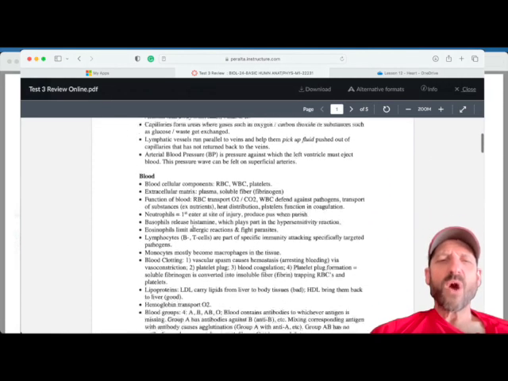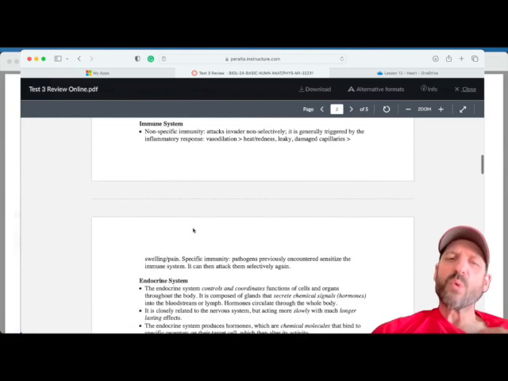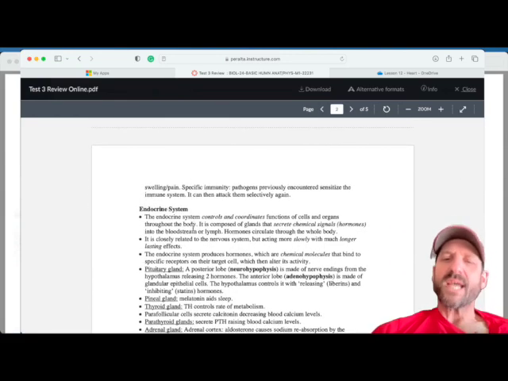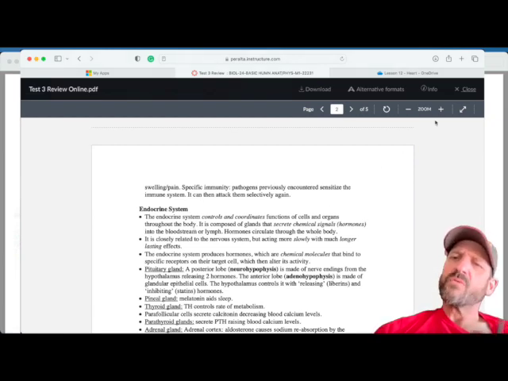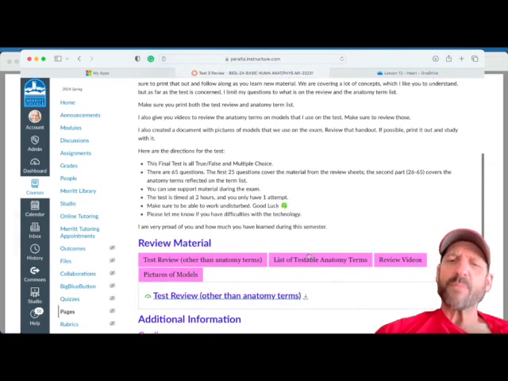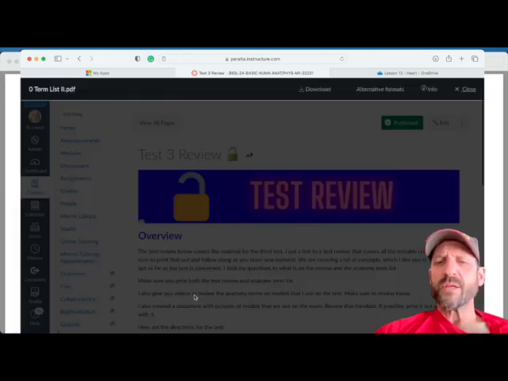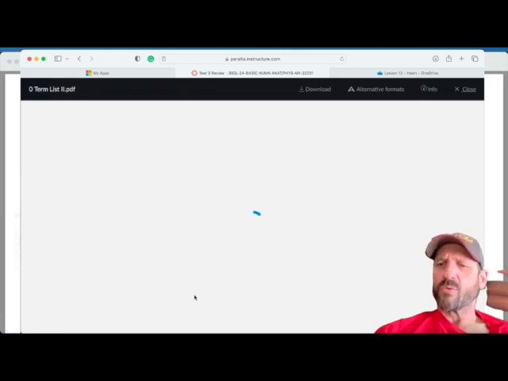So there's a lot of terminology here, a lot of bullet points, but these are all the bullet points I need you to know for the test. For test 3, in terms of the written material that we usually discuss in most of the chapters, we do have this test term list that we start using as we get through the coloring and labeling.